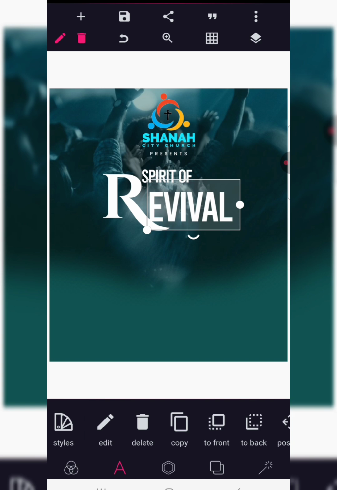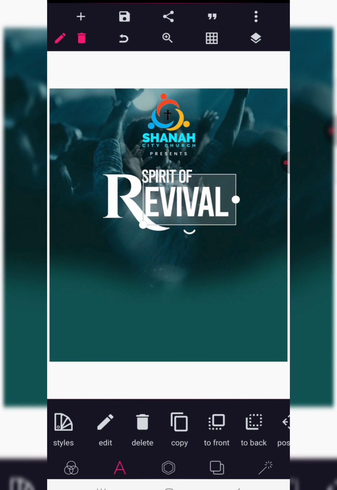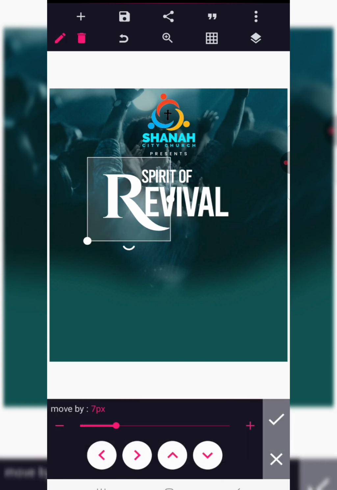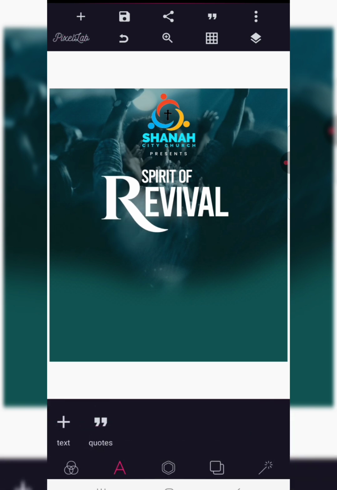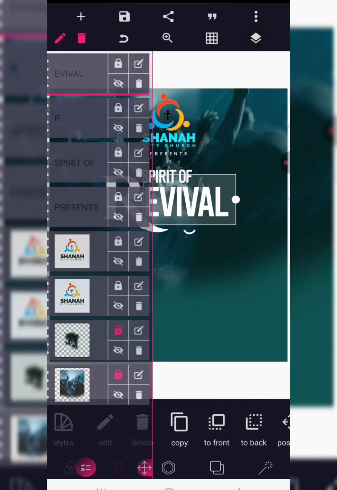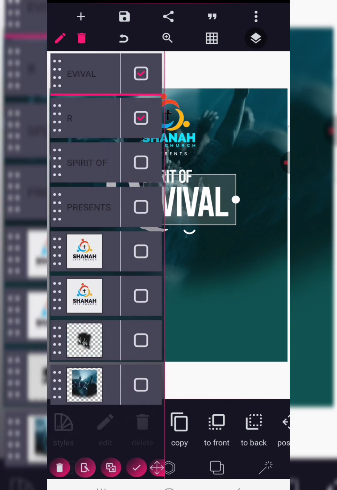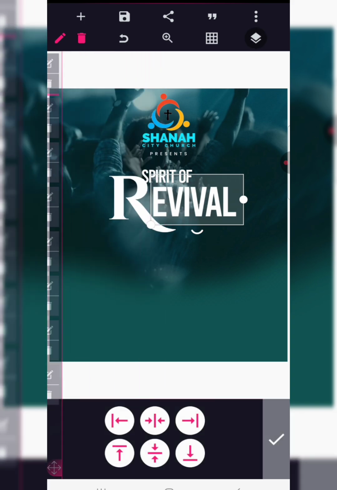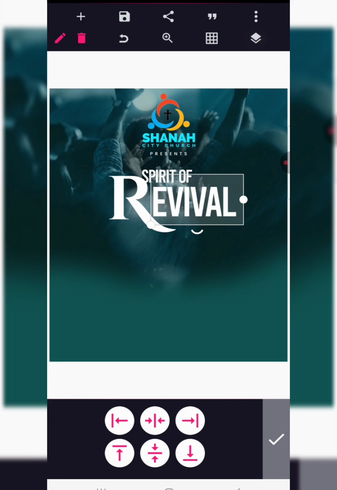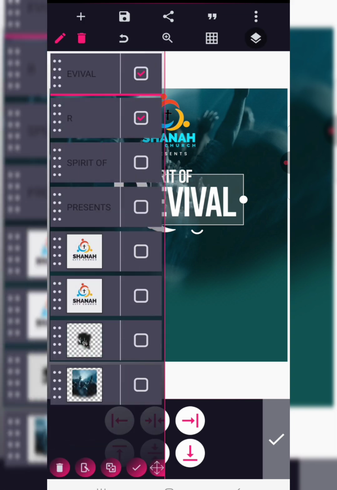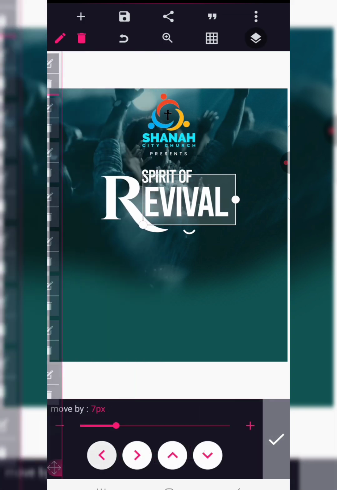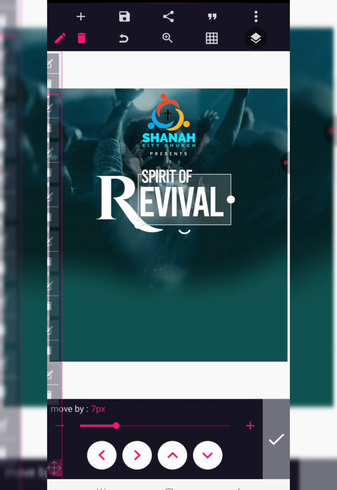So we have something like this. Yeah, so we have spirit of revival, and we can select the two and use little position on it to see how it goes. All right, so let's align that normally using position tool. Our spirit of revival,